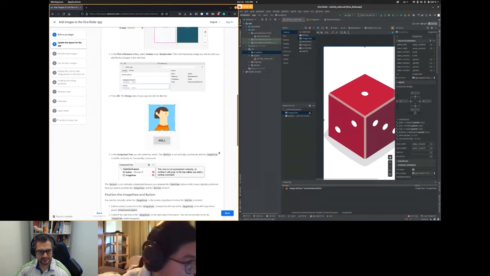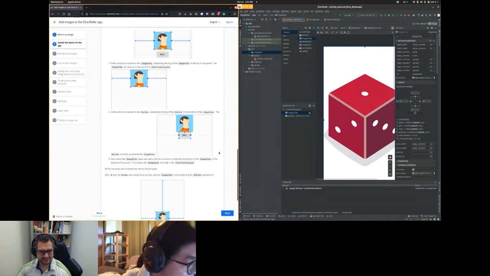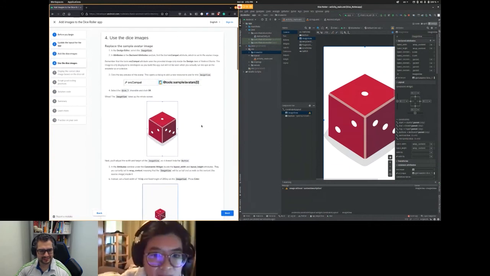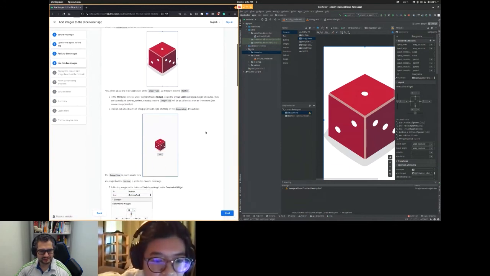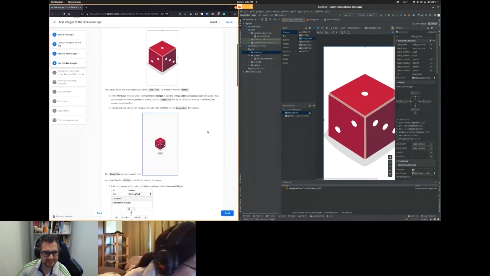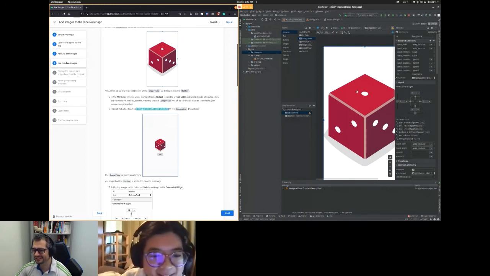That's what happens when you skip steps. Can somebody find me a good size for these? Oh, it's right there, it's right in front of my nose. So width,